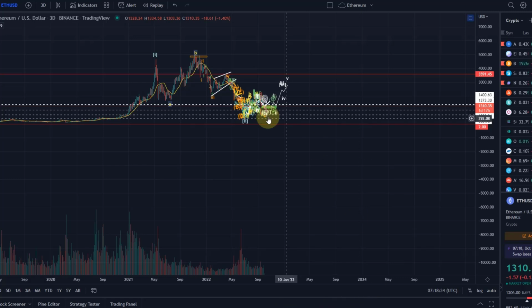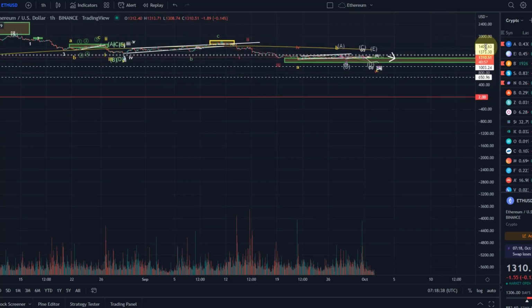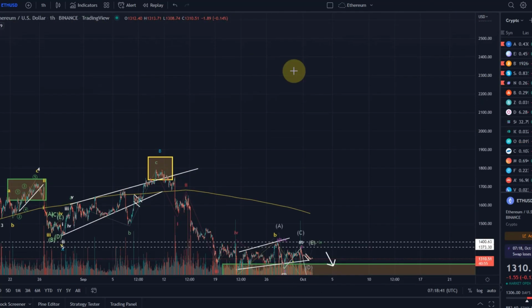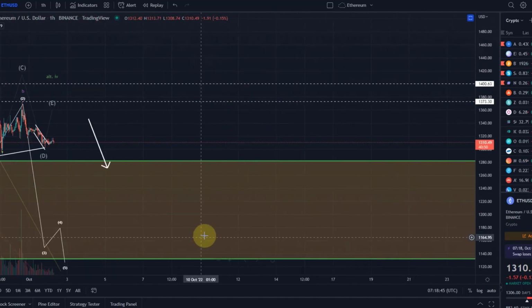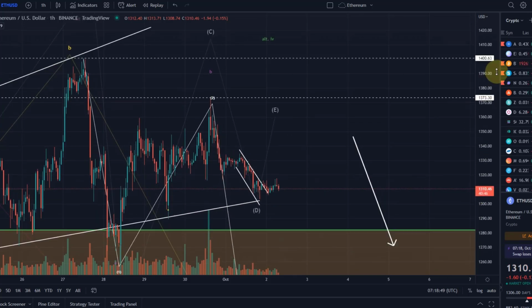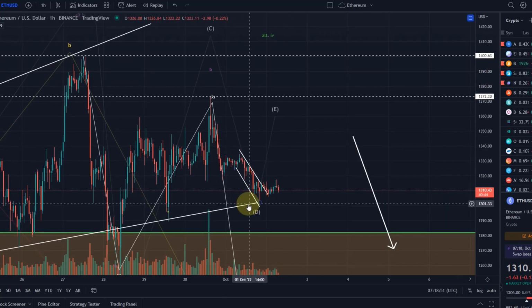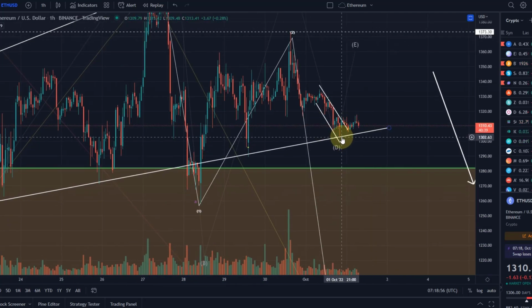Let's zoom in to the 1 hour chart. Not much else has happened since my last video, so there's only limited space for an update. Basically exactly the same price, 13.10 now, when we talked in the previous video. We talked about this support line here, which the price came back to.